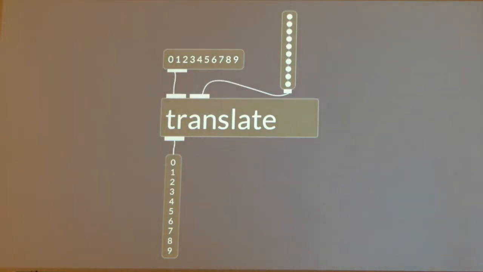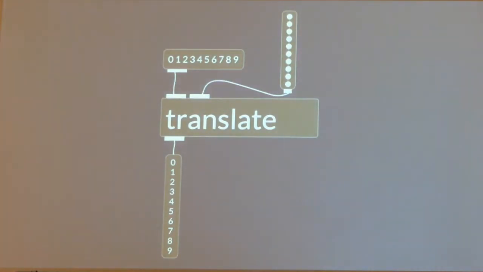I'll try to explain it visually. If you have 2 inputs, it's trying to match them. These dots might be positions, for example, and these might be data elements, so it's placing every number on a dot. 0 goes first, 1 goes next, so it's taking these 2 things and putting them together. If the lists don't match, then notebooks does something else.